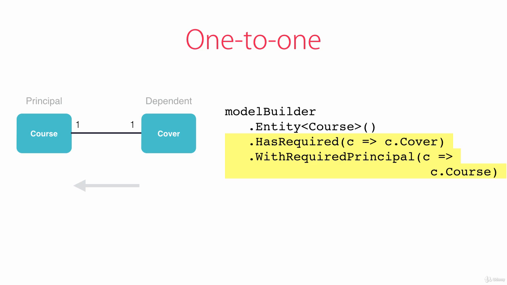What I want to clarify here is when you are in a one-to-one relationship, you can't use HasRequired and WithRequired because Entity Framework doesn't know which one is the parent. And this is crucial because when you're adding records in your tables, Entity Framework should create the parent record first before it can create the child record. That's why in a one-to-one relationship, you need to call the WithRequiredPrincipal or WithRequiredDependent method,